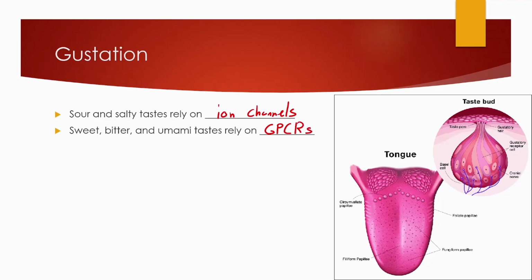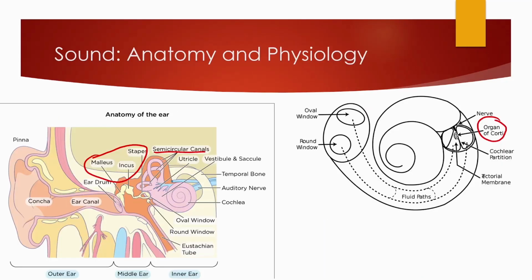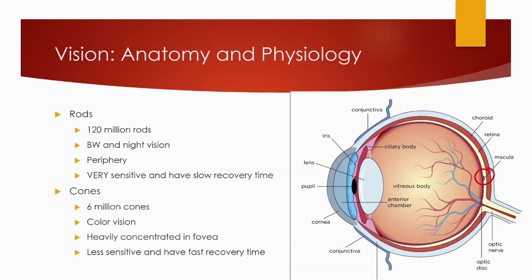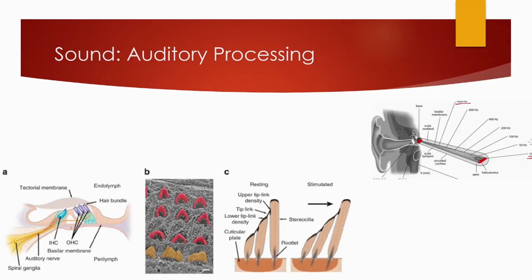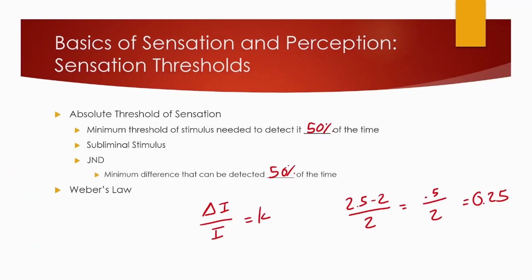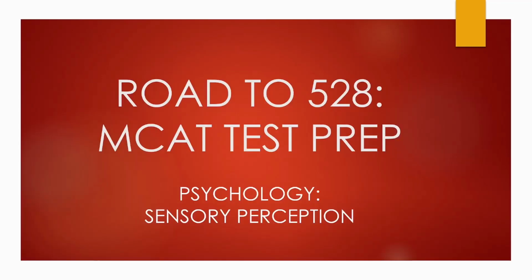So yeah, that's basically all I have for you guys. That's all I have for sensory perception. There's a lot of stuff that we covered here. I want you guys mainly to focus on vision, sound, and if there's any equation that you have to memorize here, it would definitely be Weber's law. Apart from that, that pretty much covers everything I want to cover for you guys about